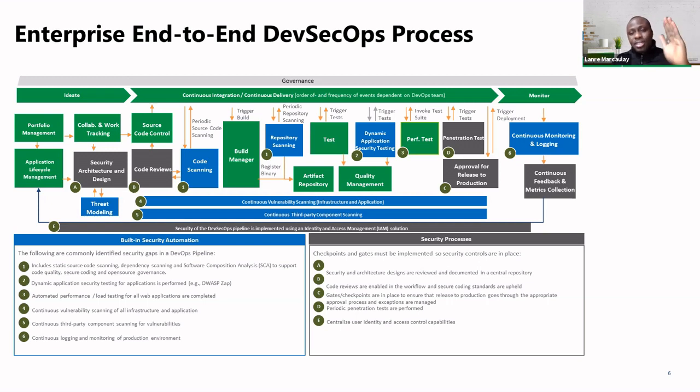We have source control, then we do code review. Gone are those days we used to do code review manually. But now, code review can be done automatically, and that's what led to SAST, which is static application security testing, or source code application security testing. So SAST